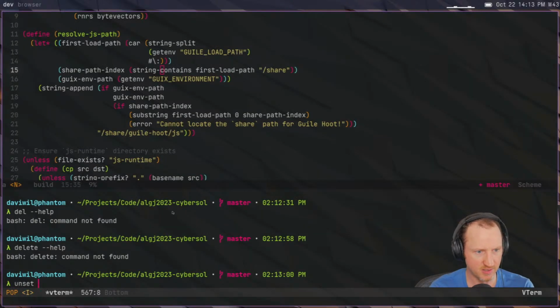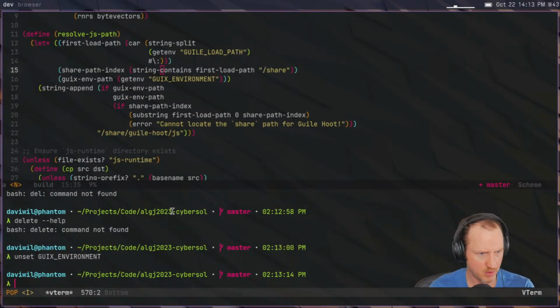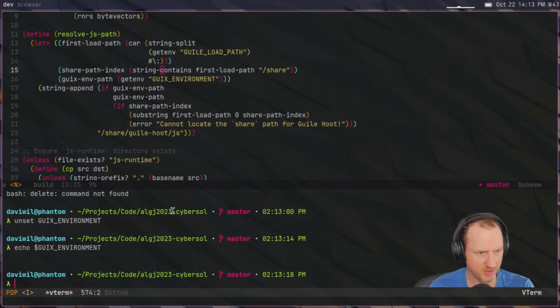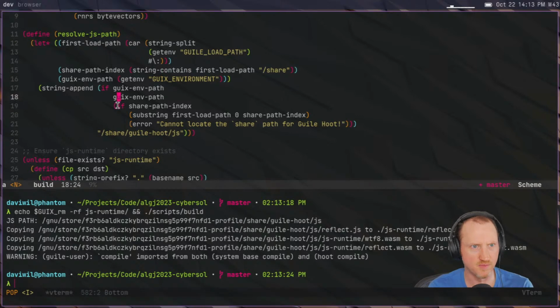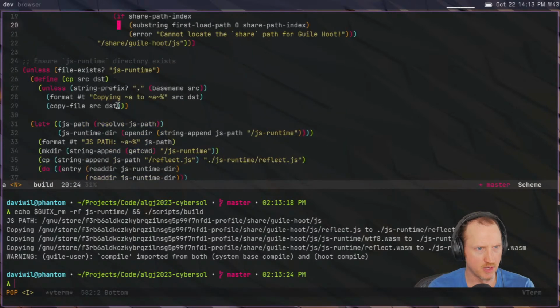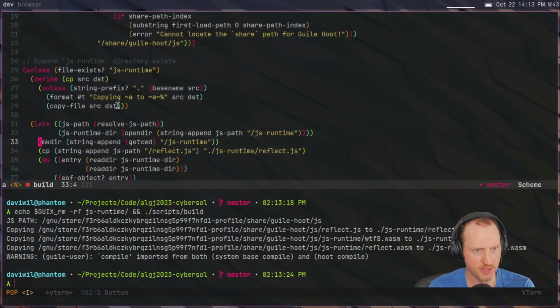So unset GUIX_ENVIRONMENT. Okay, it's not there anymore. Let's run that command again then. It seems like it worked because GUIX_ENVIRONMENT's not there. So now I can just take this line here out, the format line,